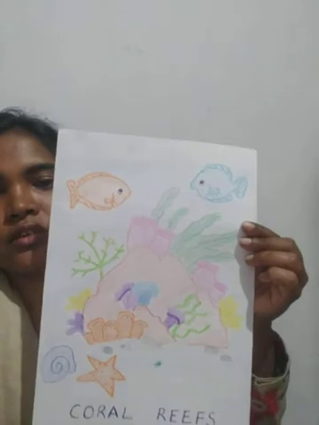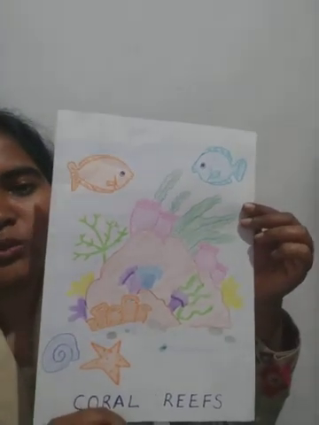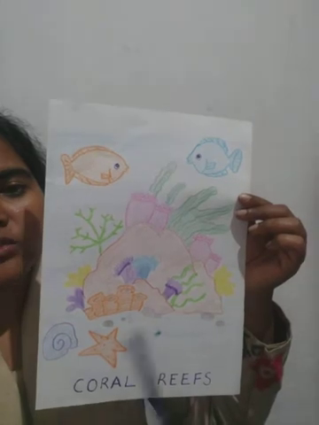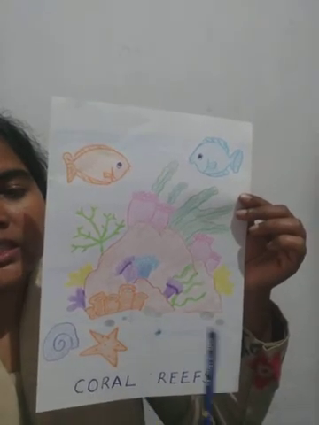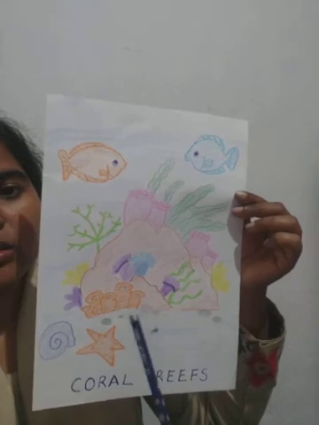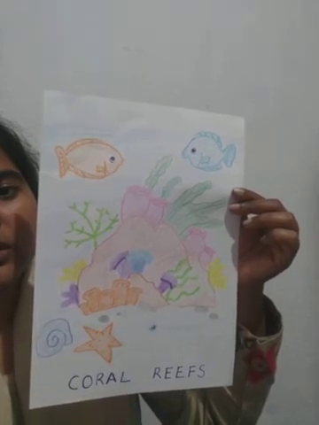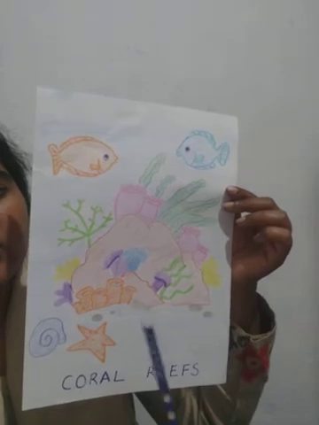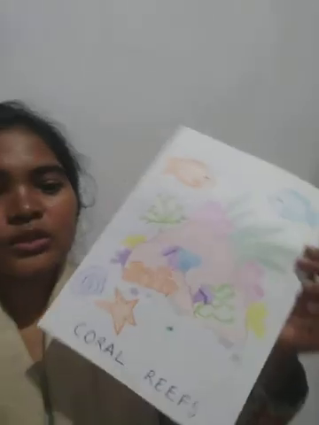They secrete calcium carbonate, which after their death consolidates to form ridge-like structures in the seas. You might have seen them, very colorful, very beautiful to look at through the clean waters. Their color they get from the algae present in them of different colors, orange, pink, red, okay? And so they are of great tourist attraction, though they might be hazardous to the ships.